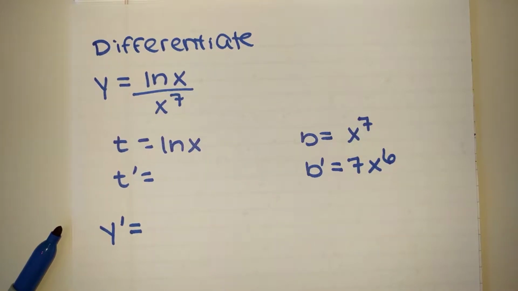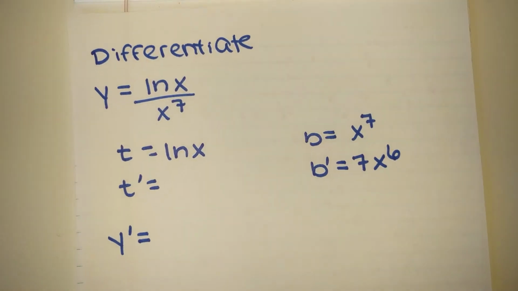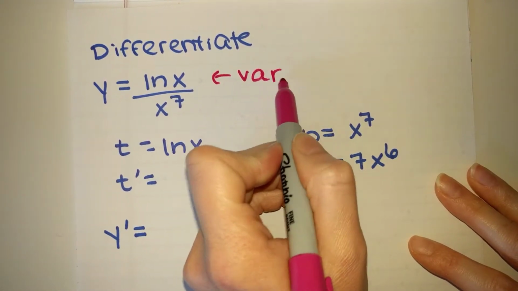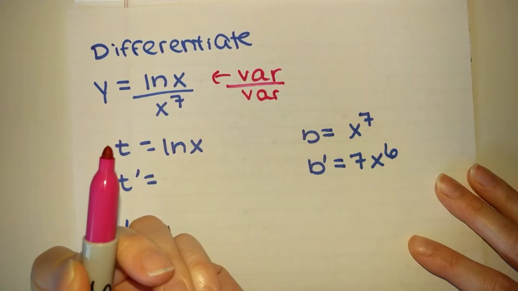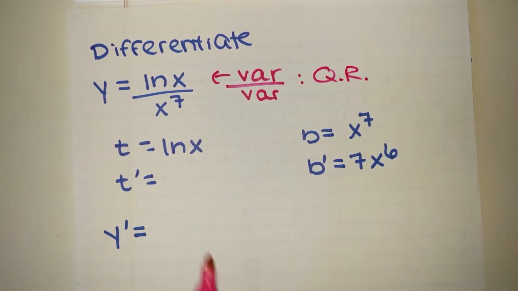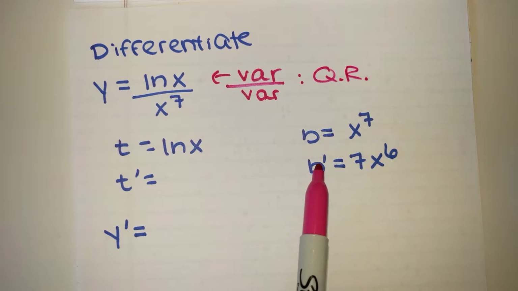So with this question, the first thing to notice is that yes, we have a natural log, but more importantly, we have a variable in the numerator divided by a variable in the denominator, and that means that we need to use our quotient rule. So I've set that up. I have my natural log of x as the top function, bottom function is x to the 7th,